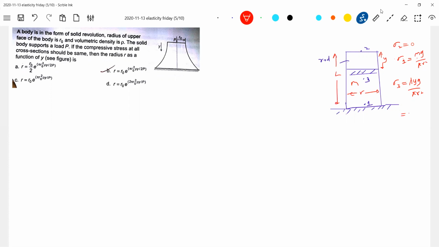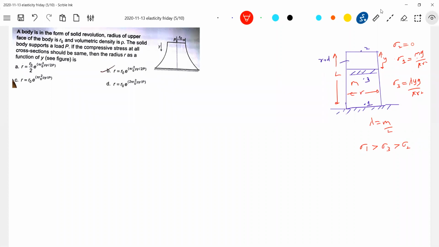Let the length of the rod be L. So lambda equals m by L. Comparing these, where will stress be maximum? Definitely at 1. Sigma 1 is greater than sigma 3, which is greater than sigma 2, and stress at 2 will be 0. We agree on this? Simple idea. If you suspend the rod, the stress is maximum at the point of suspension; if you place a rod on the ground, it will be maximum at the bottom.